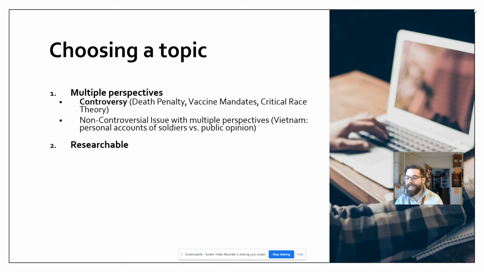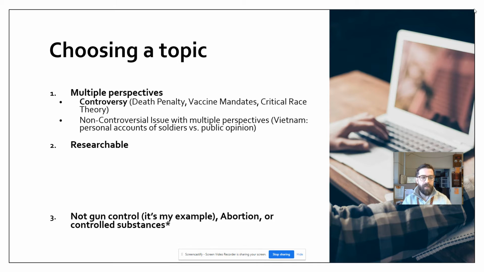The other requirement is that it needs to be researchable. So whatever you pick, you need to be able to find credible, reliable sources to defend both or all perspectives of the topic that you're going to be writing about. So you couldn't just choose the topic of racism as your research project. One, it's too big. And number two, you're not going to find any research that argues that racism is a good thing, right? Outside of crappy Nazi blogs. And I'm going to tell you, you're not going to use crazy racist propaganda in a research paper. That is not credible research. So it has to be researchable from multiple perspectives.